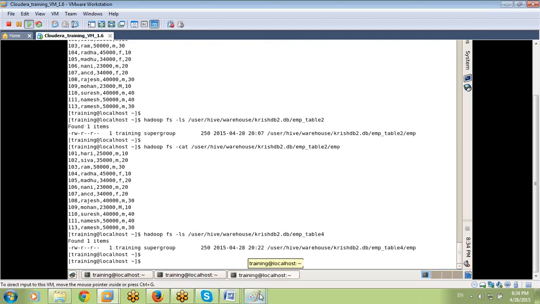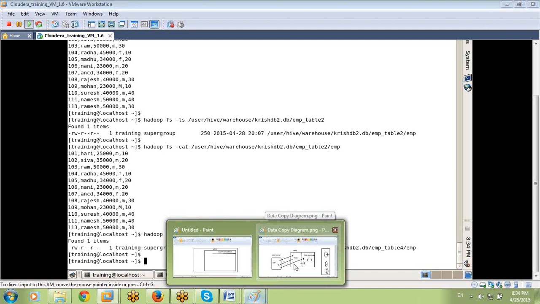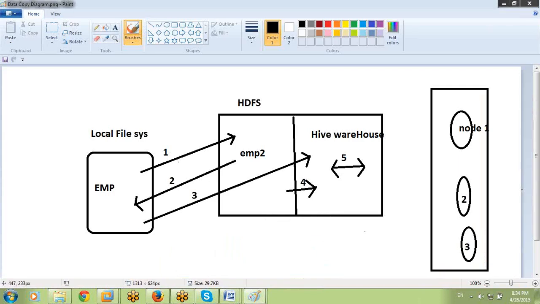Just for remembering: for the first two arrows we have copy paste, for the third arrow only copy paste, and for the fourth arrow only cut paste, because the data is already in HDFS. Maintaining the same copy in two different locations is unnecessary space wastage. Hadoop already follows the replication feature, and Hive too.